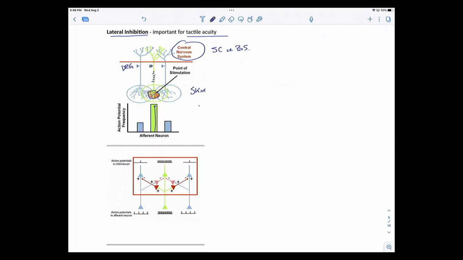So suppose before you were being touched, you would have kind of a baseline level of action potential frequencies. So that's just your baseline. If you have this, you have very little awareness that anything's touching you, but you have a baseline spattering of action potentials. And then when you get touched, you're going to have a lot of action potentials there. So this is going to go up, but then you're going to start inhibiting here and here. So now that actually is going to be less action potential frequency than normal.